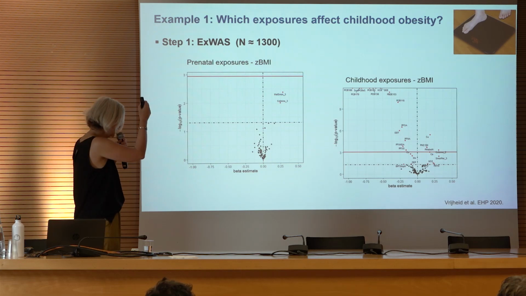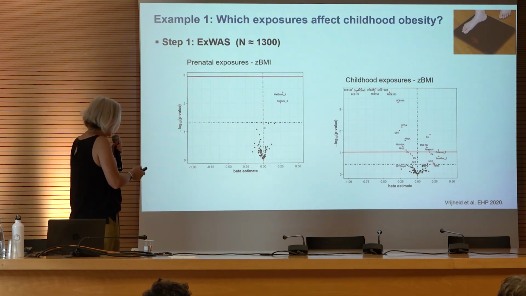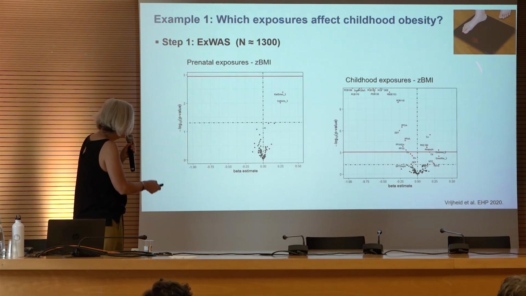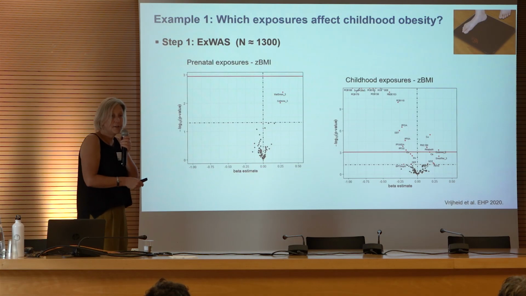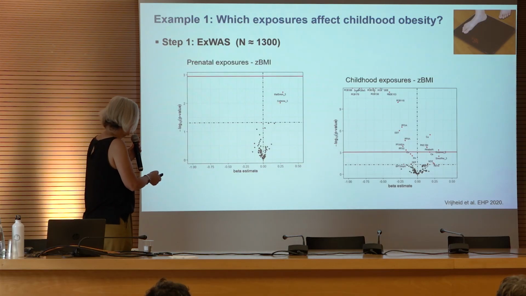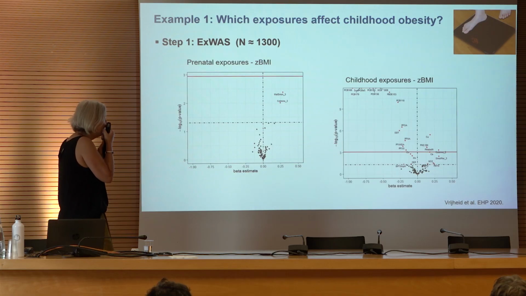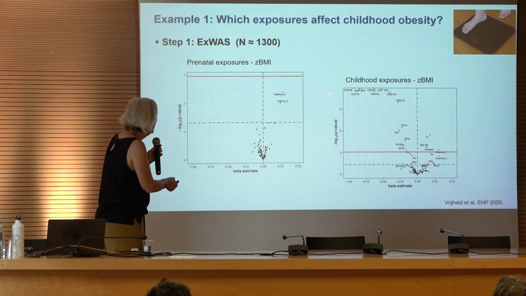exposure models, and you run that same model for each exposure. And you can visualize that in these types of volcano plots that show the beta estimate and the p-value. So you find your significant findings here, for example. This red line shows the multiple testing corrected p-value. So in this study, there weren't any exposures that were associated with the outcome after correcting for multiple testing, not in the pregnancy,